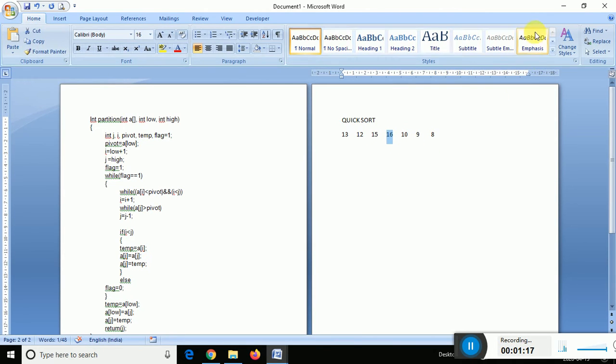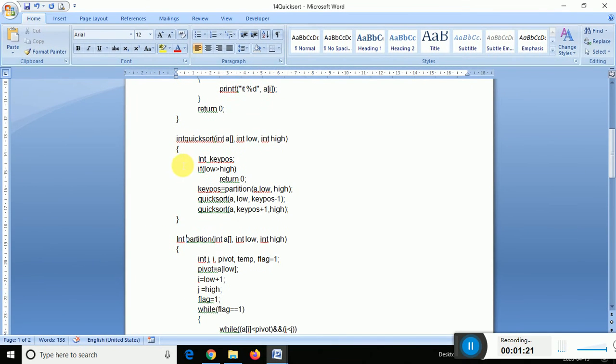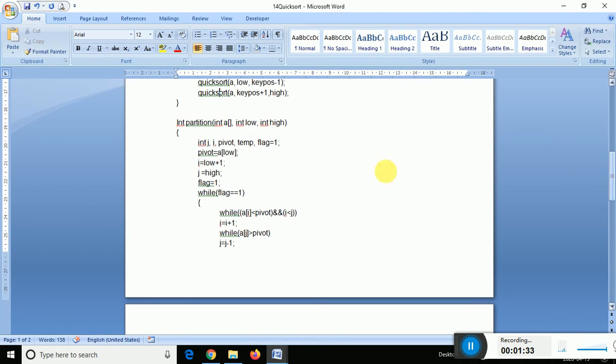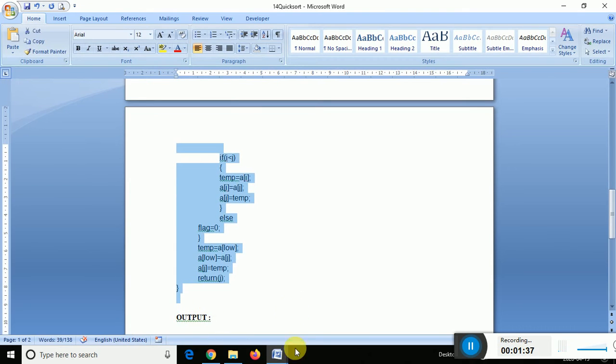So to do that partition, this function is used. Which function? This function is used to do that partition. And after the partition, the separate quicksort calls will be created and then executed. So moving on, I have taken this program, that is int partition. This is the logic that I have to explain.